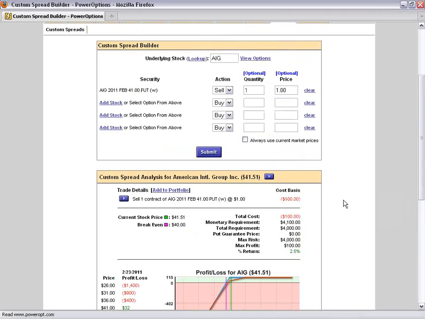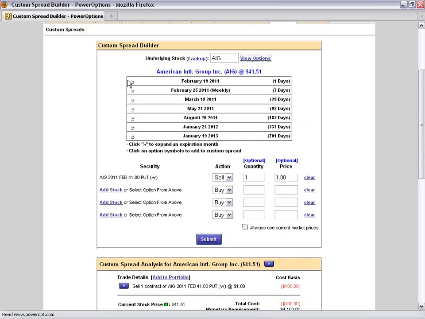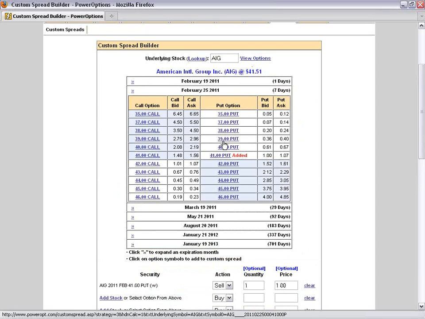All right, so I wanted to change this maybe. Let's do a bull put credit spread. In a bull put credit spread, I'm going to keep the same expiration. We sold the out-of-the-money put for $1, 41 strike. I'll go to View Options here. Let me pull up my weekly series. And we could do a 2 or a 3 point spread. Let's just do the 3 point spread for now.